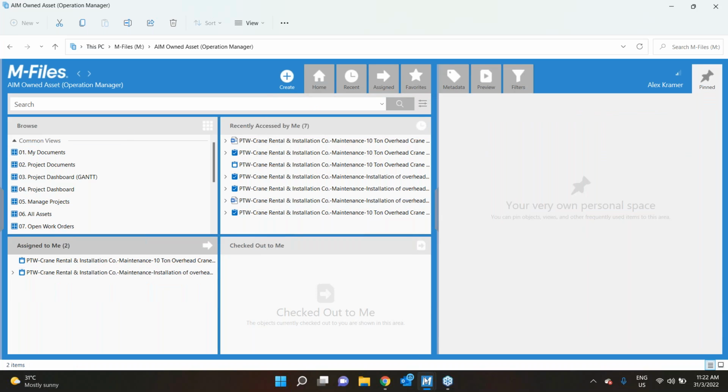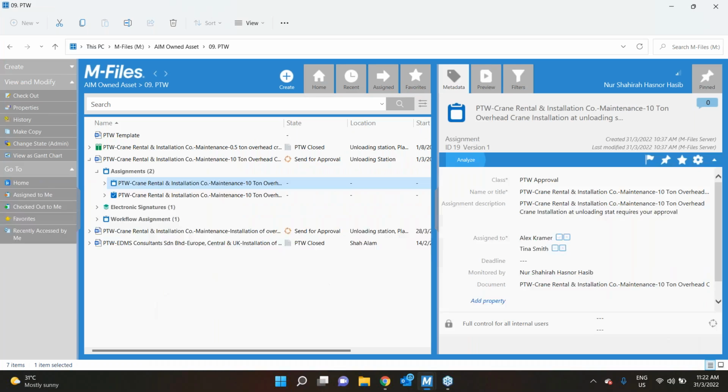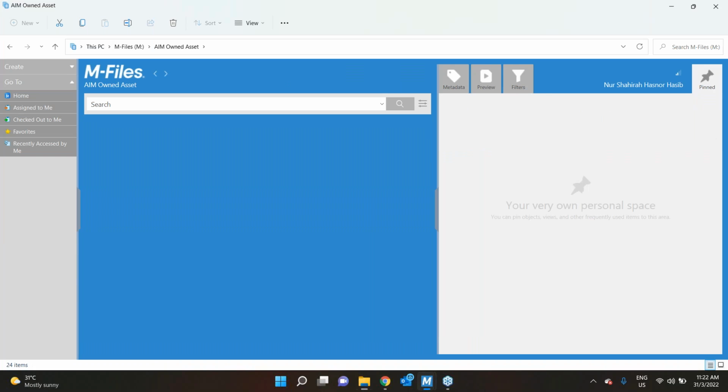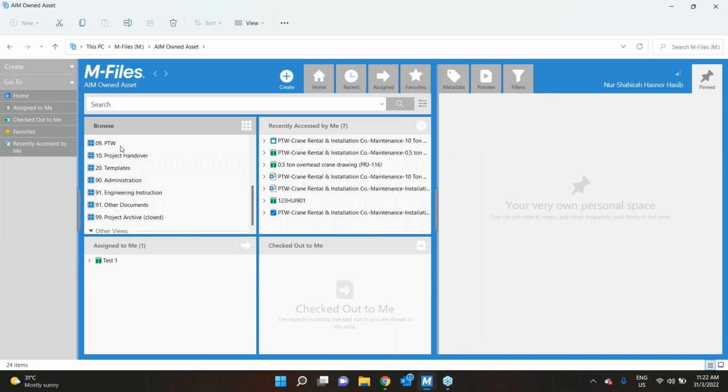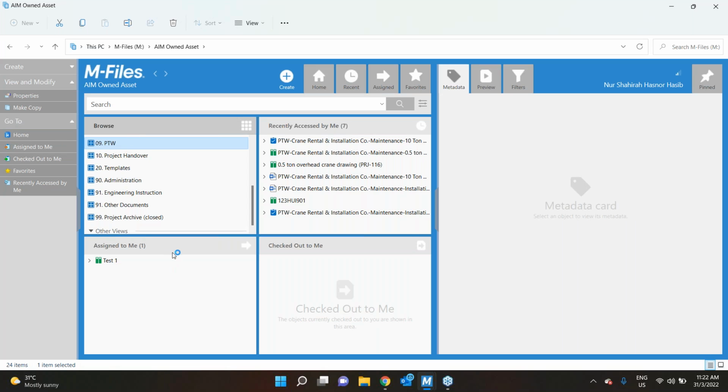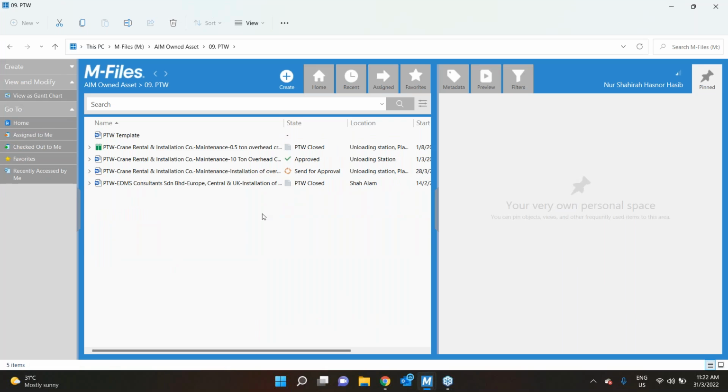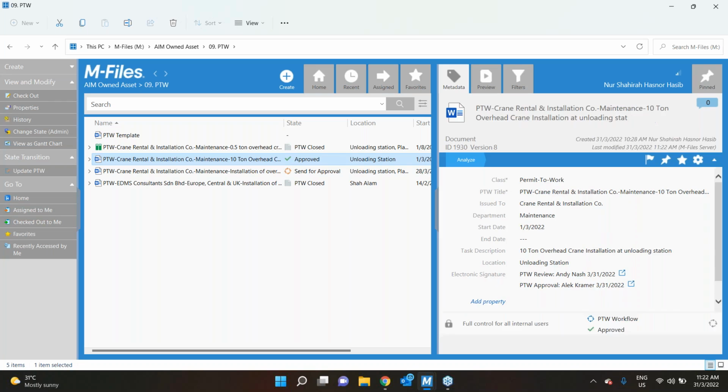All right, so now going back to the permit to work, and I'm going to click refresh. Okay, we go back to this view. You can see that this permit to work has been approved since Alex has approved this permit to work. Once it is approved, you can see in the metadata card, under the electronic signature properties,